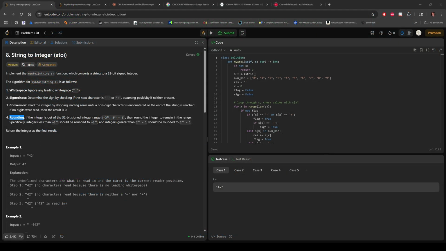Hi, this is Grover, LeetCode problem 8, a medium difficulty problem called string to integer. You were given a string input, and based on these 4 rules, you need to extract an integer if possible,